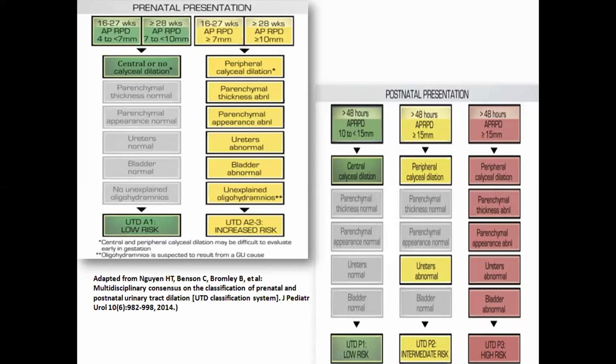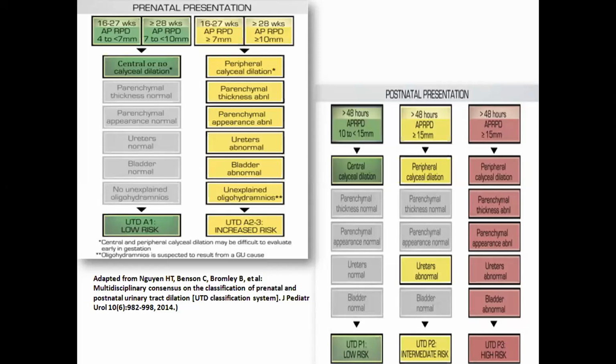We assess the kidney 48 hours after the birth. If the APRPD is 10 to 15 mm, you're getting central calyceal dilatation, and all other things are normal, parenchyma, ureter, bladder, this is a low risk UTD P1. Then if the APRPD is above 15 mm, you're getting peripheral calyceal dilatation, and the ureter is abnormal, this is an intermediate risk,